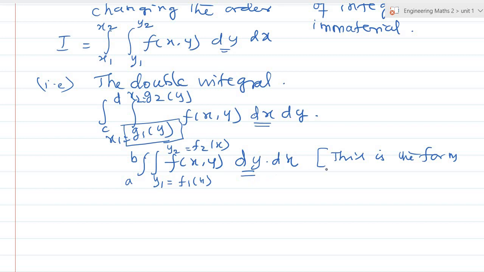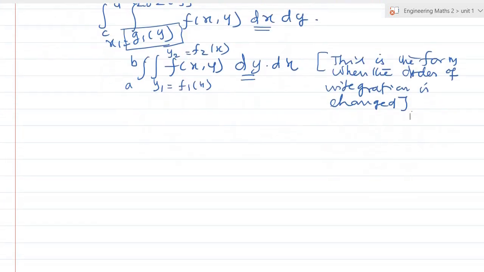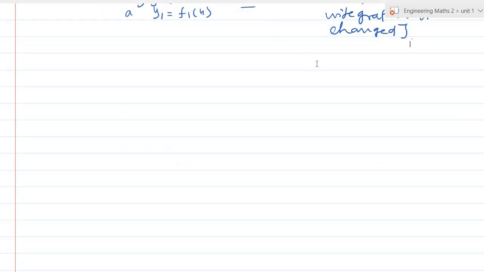When the order of integration is changing, some procedure is there to change the order of integration. What is the procedure? The procedure is that, step 1,